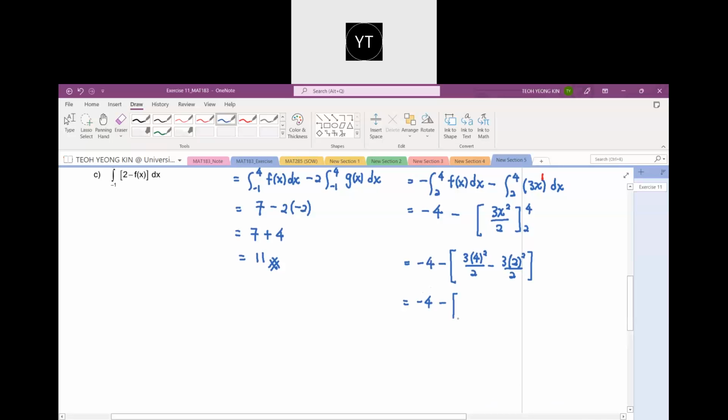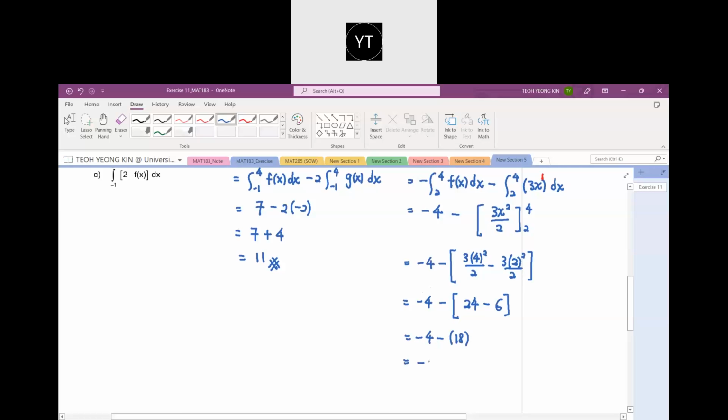When I simplify this part, 4 squared is 16 times 3 divided by 2, which is 24, minus, here 2 squared is 4, 12 divided by 2 is 6. So -4 minus 24 minus 6 is 18. So -4 minus 18 is